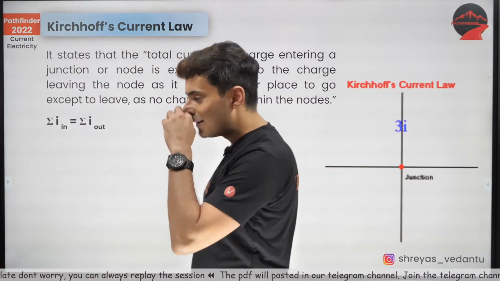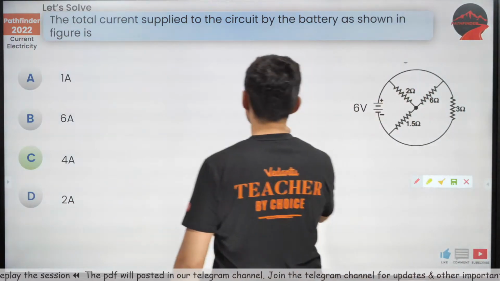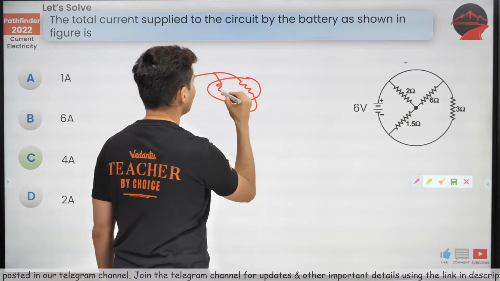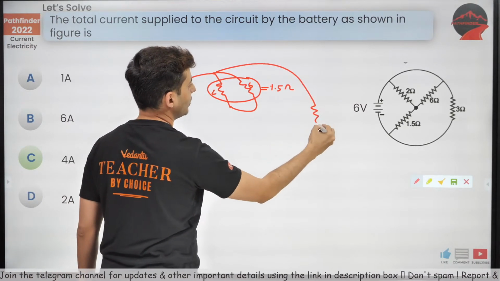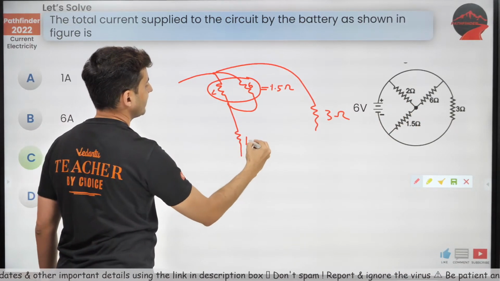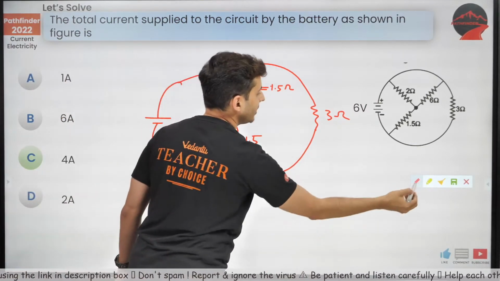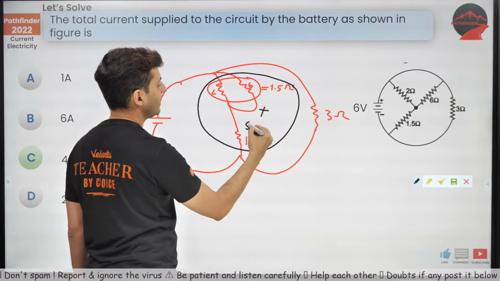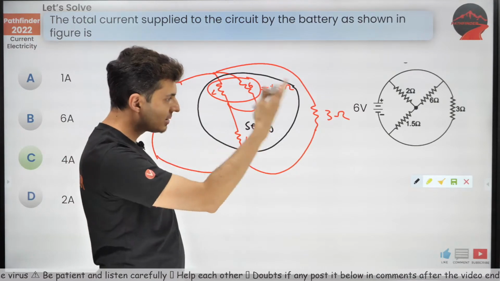How are they in series? Which one is in series? See guys, this 2 and this 6 together just gave me 1.5 ohm. And there was one more 3 ohm from outside, and their combination was over here. This was 1.5 ohm, and these together were connected to this battery. Now don't you see this 1.5 and this 1.5 are one after the other? So they are in series. So 1.5 and 1.5, that's why it became 3. And 3 and 3 parallel. Parallel means again make it half.